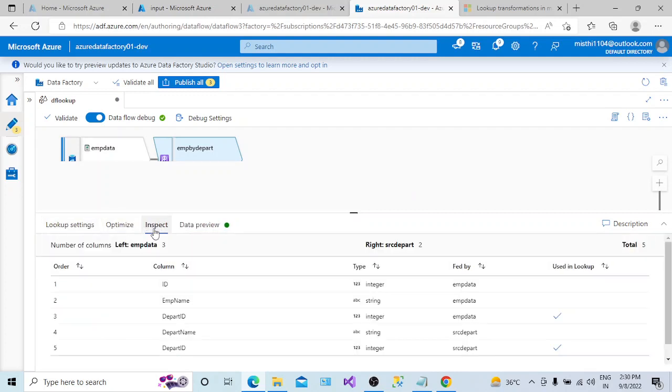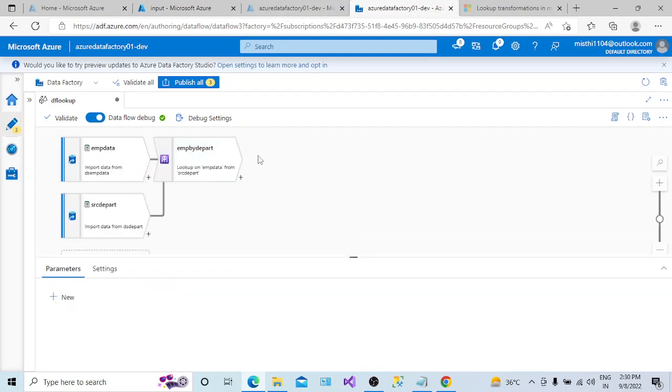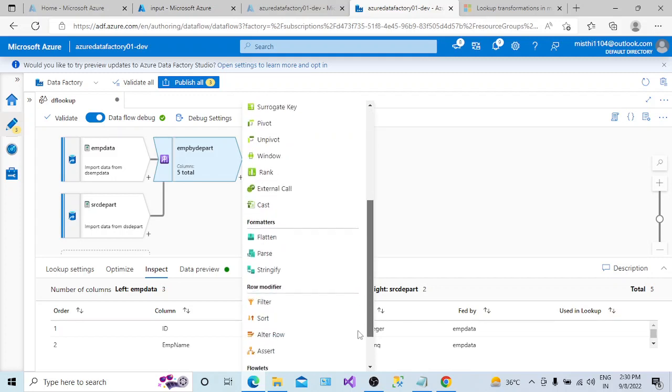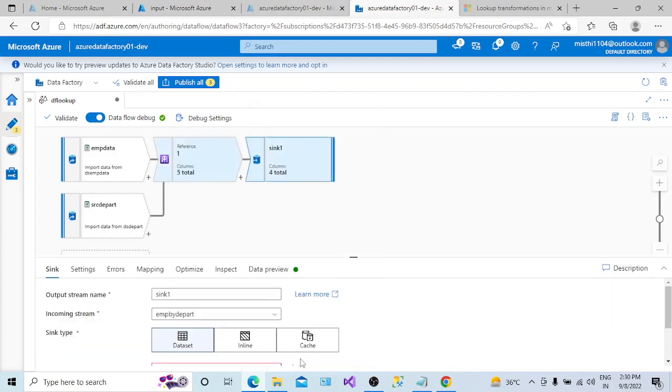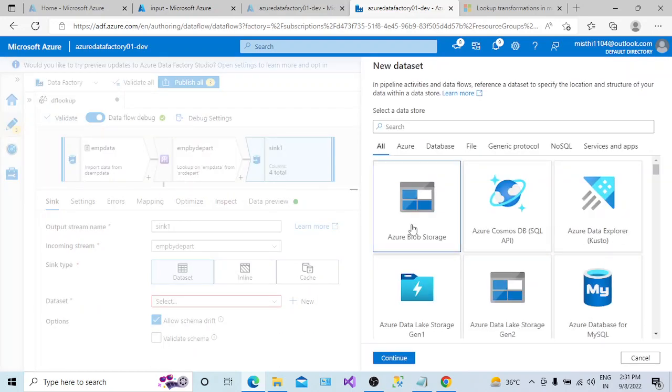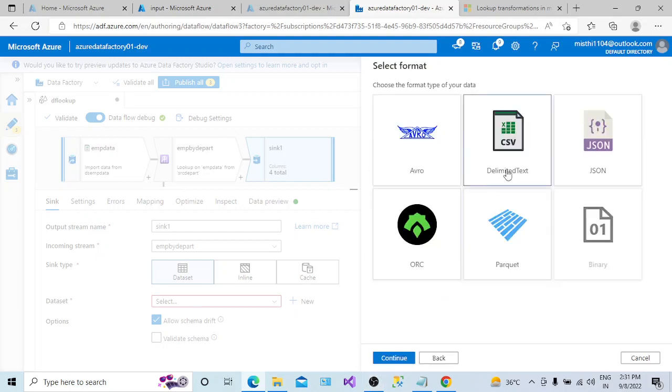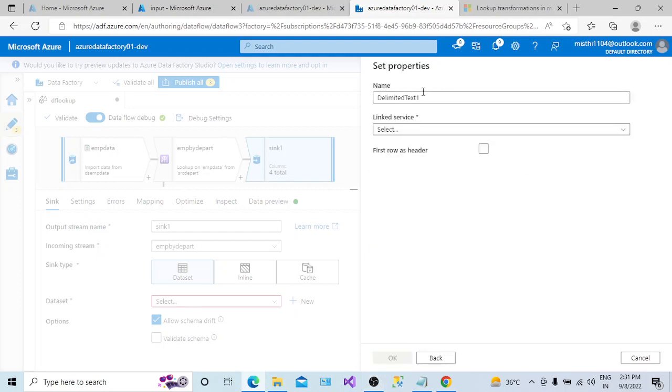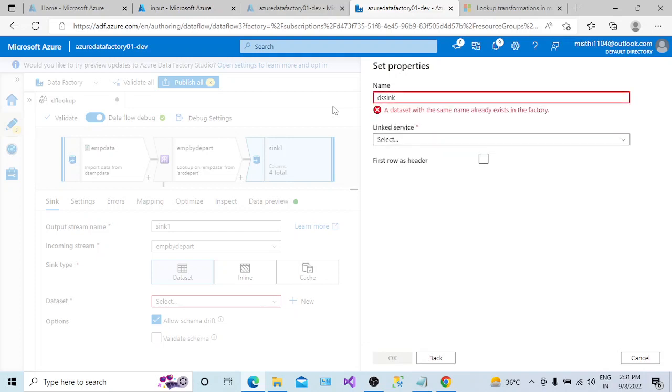Now if you want to put it in some destination, you can do it. You can add a sink location, and there you can dump your records after the lookup to your destination. So this is the sink, and I want to put it in the output folder. The output folder is in my Azure Blob Storage location, delimited file. Here I will give the dataset name as dataset sink for lookup, let's say,